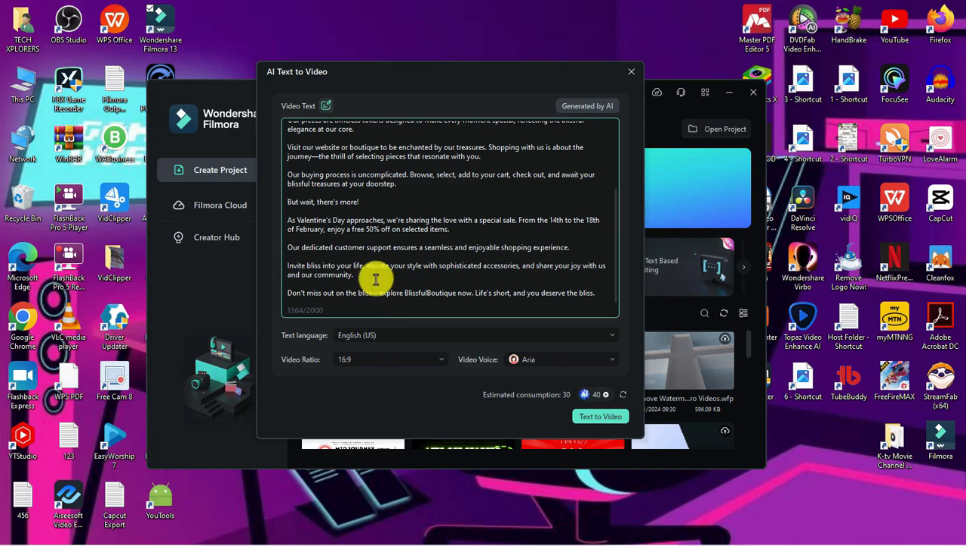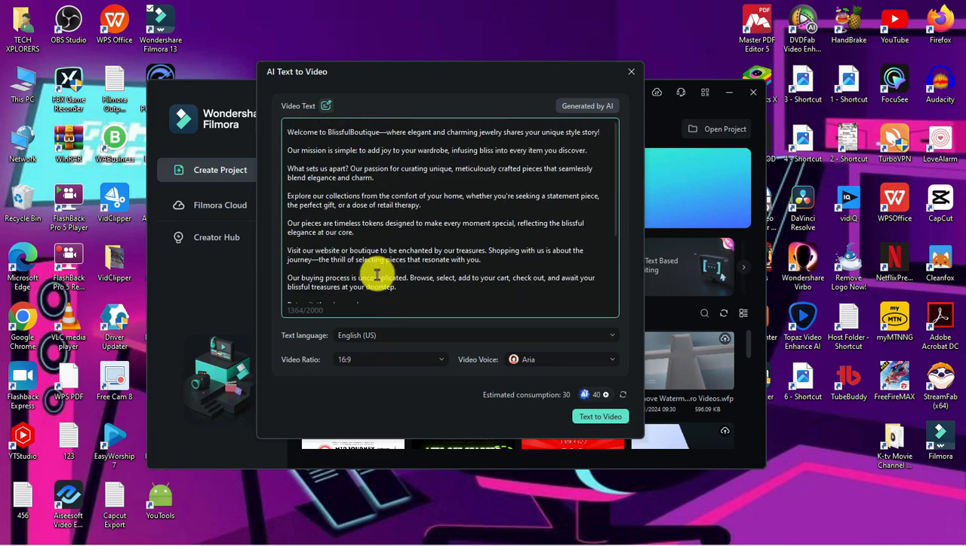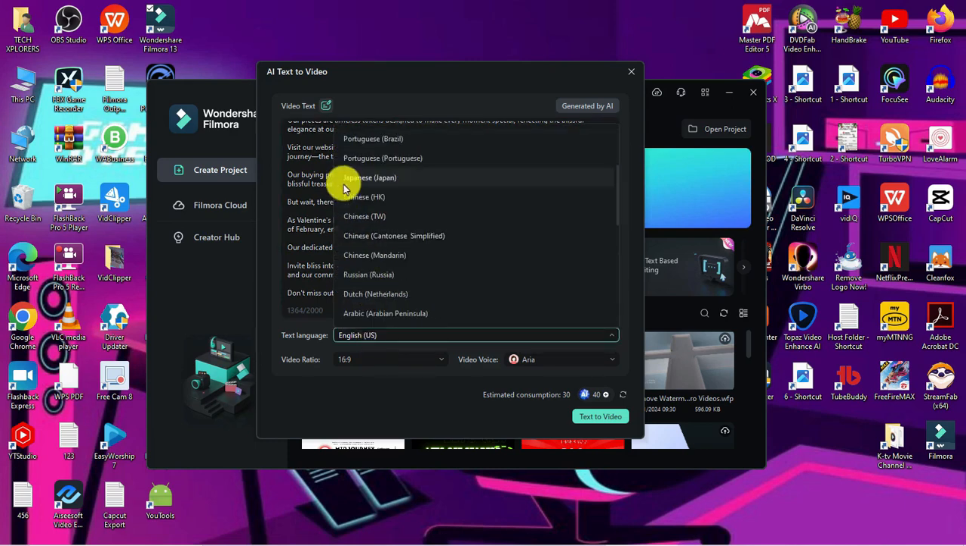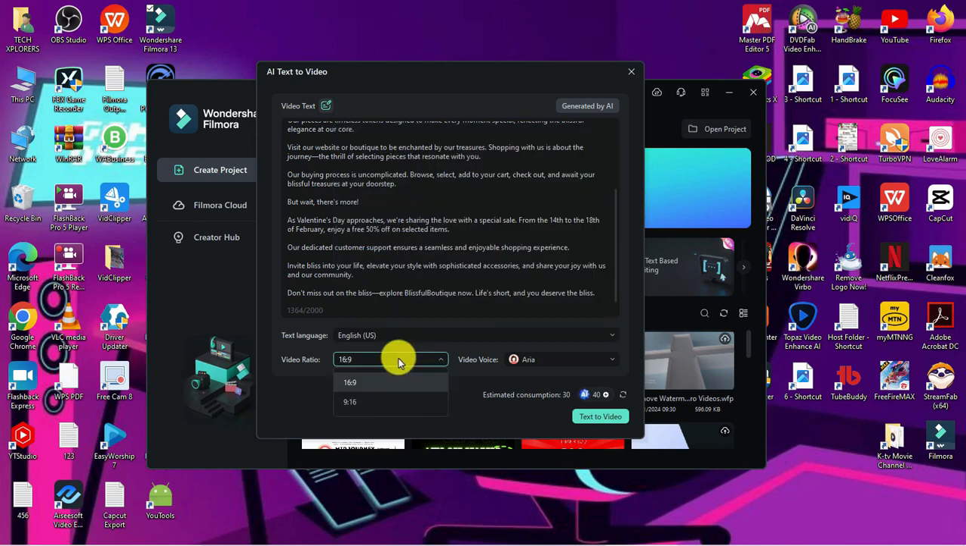After that, once your script is ready, select the text language. In this case, it's English United States, but it can be Portuguese and a lot of other languages. You can also select the video aspect ratio. So the video can be landscape if you want to make a YouTube product coverage, or maybe in portrait mode for video shots on